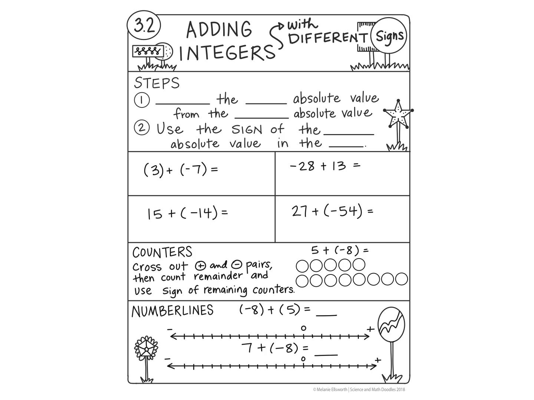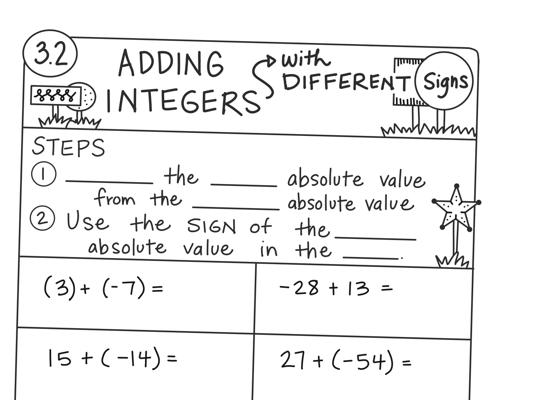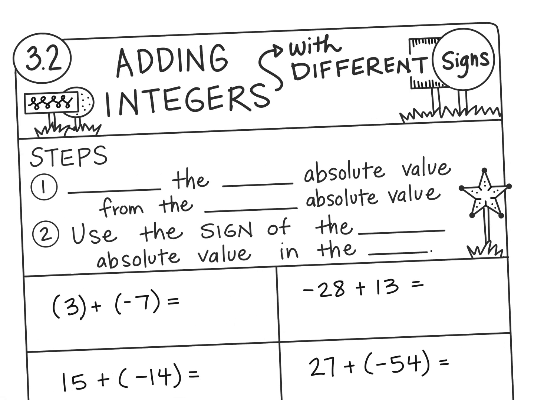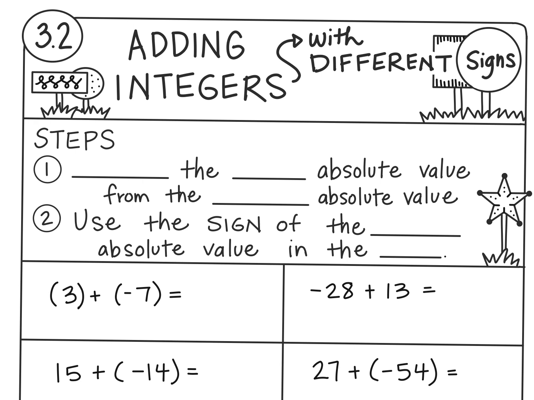Next one. I have a good one. Now I'm adding with different signs. I'm mixing them together. When I am adding integers with different signs, step one,